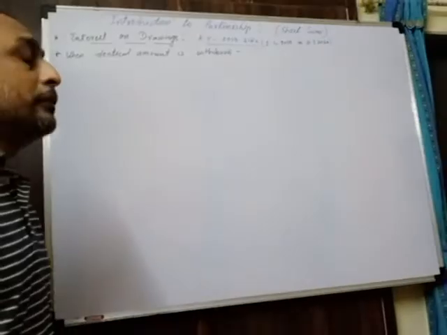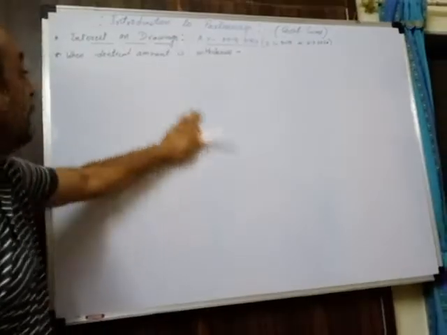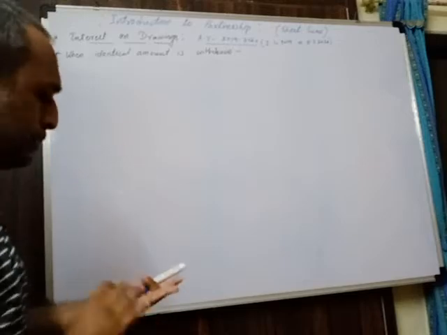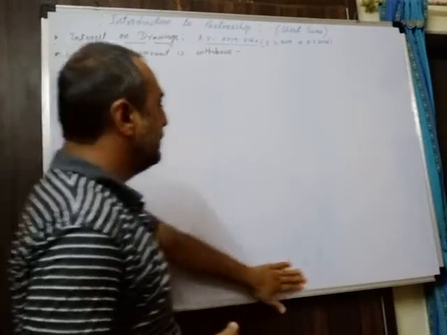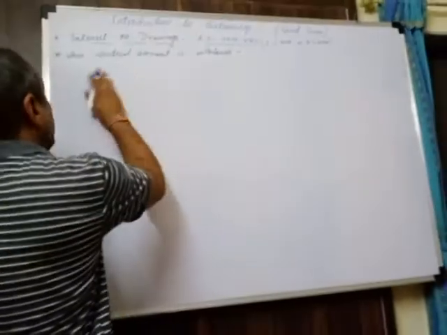Okay, now suppose that the amount of drawings which you have taken is 1000 only every month, and we will also take the rate of interest over here. I will write everything over here, and then we'll try to calculate the interest. So you all know the formula for calculating simple interest. What is the formula to calculate simple interest? First of all, I will show you that.